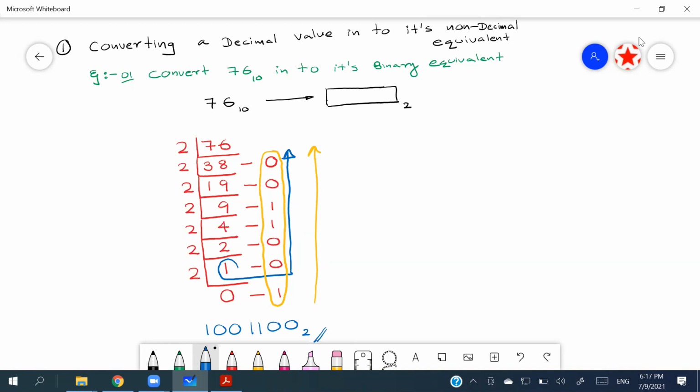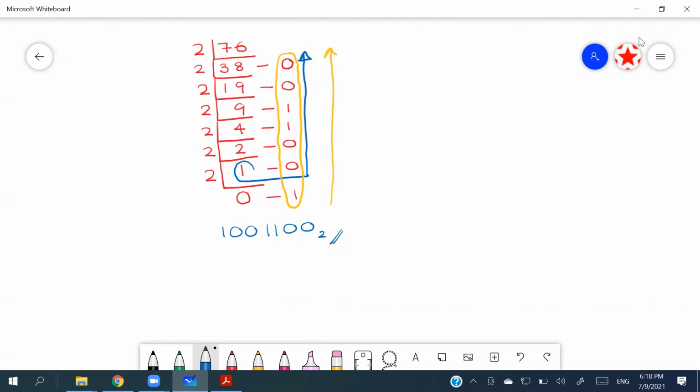All right. So we are going to example number 2. Now, people, you have learned the technique here. What is the technique? When a decimal is converted into a non-decimal one, you have to consider the base of the value that you are going to be converted to. Then that base will be taken to divide the decimal value, and you do the division until you receive something less than the dividing number, right? So the second example